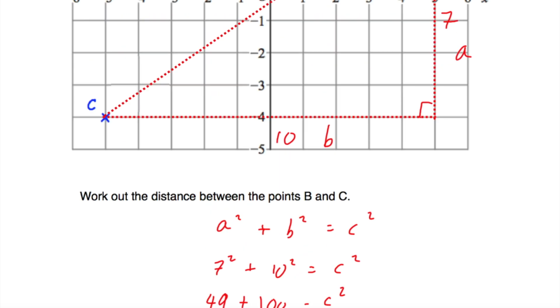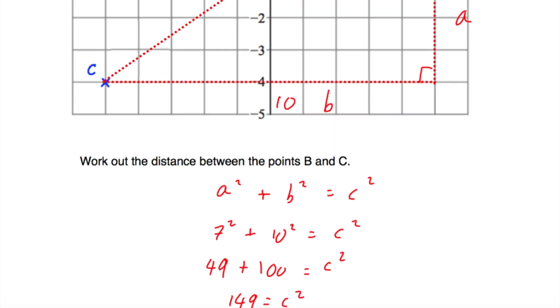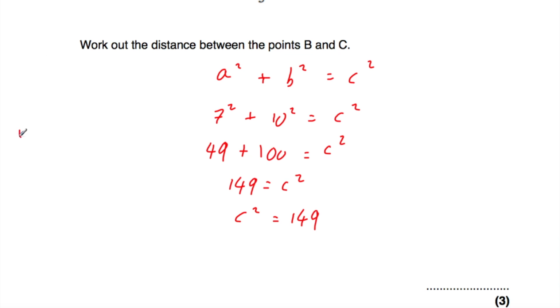Now let's just turn that around to get C squared is equal to 149. Now if we go up here, the length of C obviously isn't 149, that's C squared. We want to find what C is, so we want to square root it. We're going to work out the square root of 149. So the square root of 149 is equal to, if we get our calculator, the square root of 149 is equal to